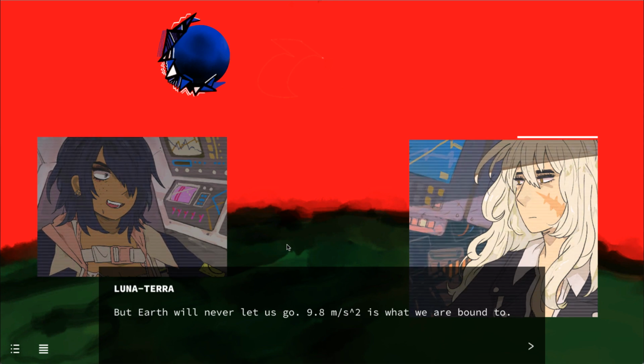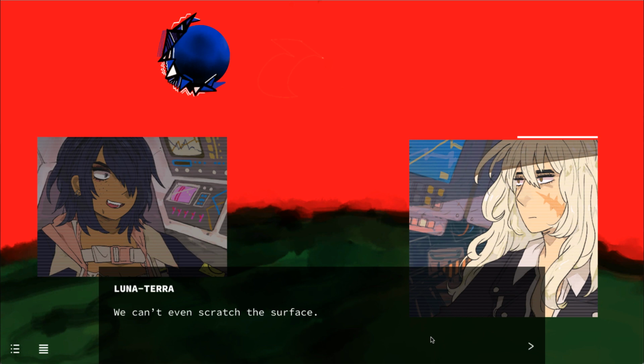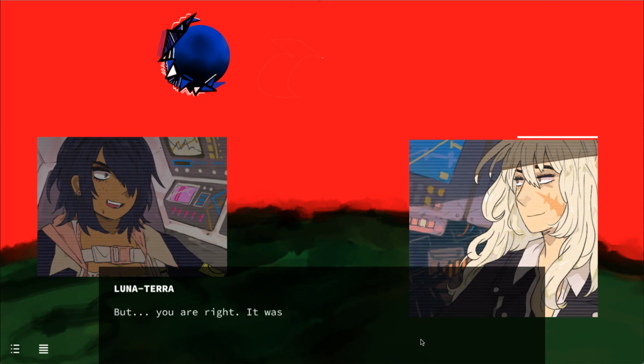9.8 m/s² is what we are bound to. What is that? What is that? The gravity of Earth. That's what I was thinking. It is Earth's gravity. Specifically. Your weight and mine are nothing compared to that speed. We can't even scratch the surface. But